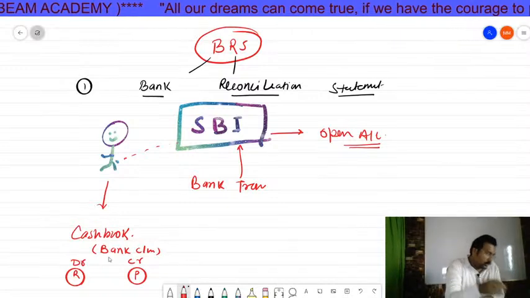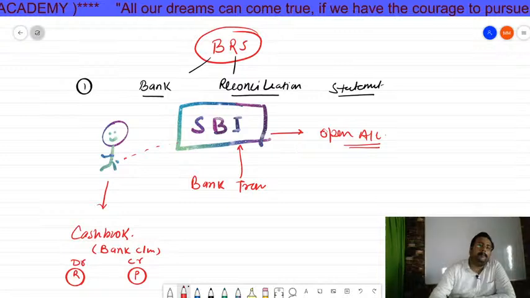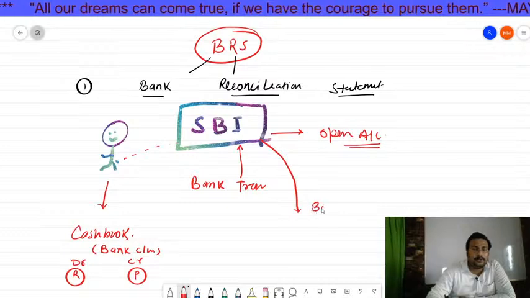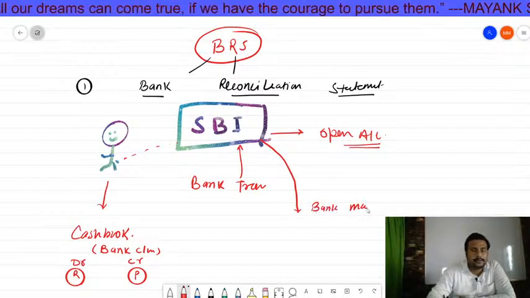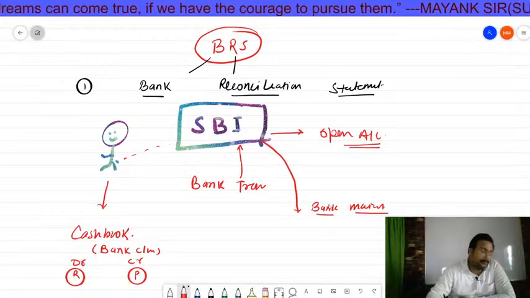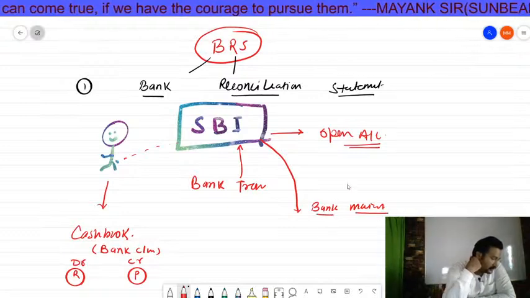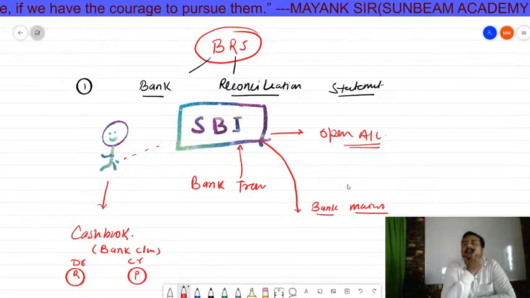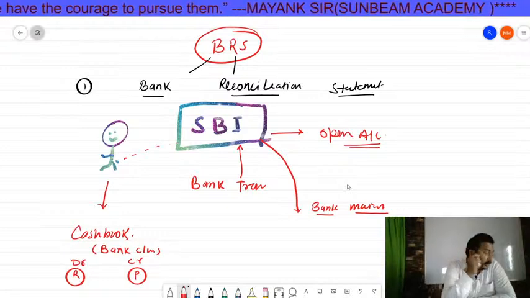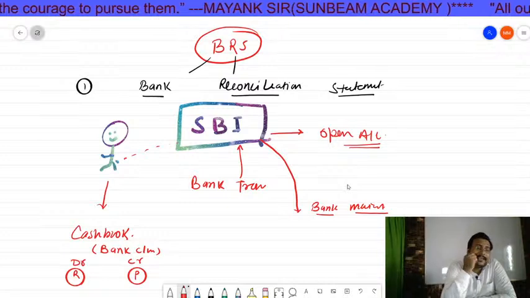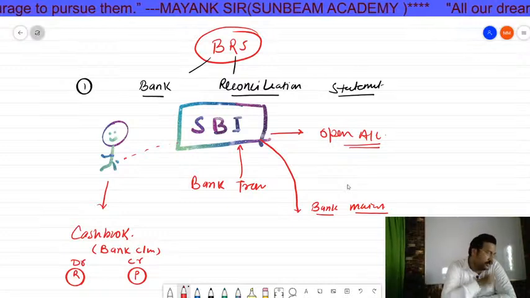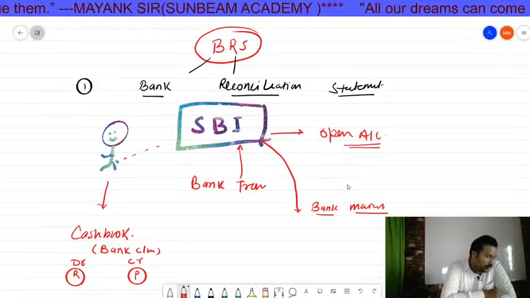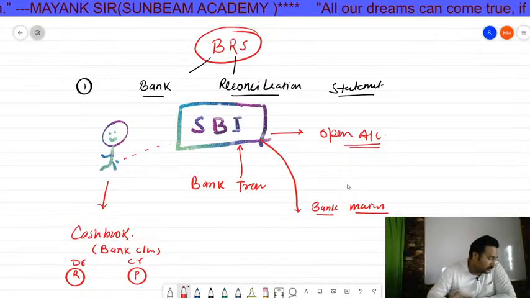Chalo, it is enough. Acha, the bank will also maintain your transactions. Bank will also maintain transactions. Acha, where is the bank recording the transactions? Suryans, very good bacha, very good Prakhar. Tell me, guys, in the comment box where the banks are recording your transactions. Is the bank giving any book to you also where banks are recording the transactions? If you know the name of the book, you tell me in the comment box. I'm watching your comments.